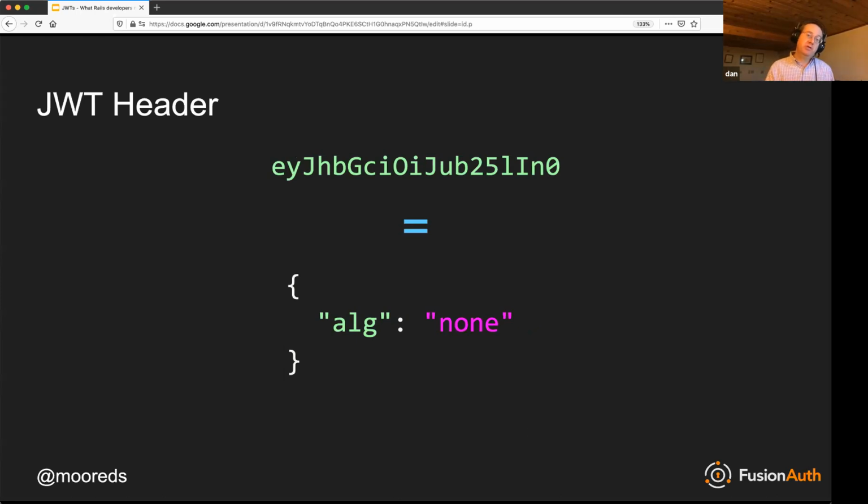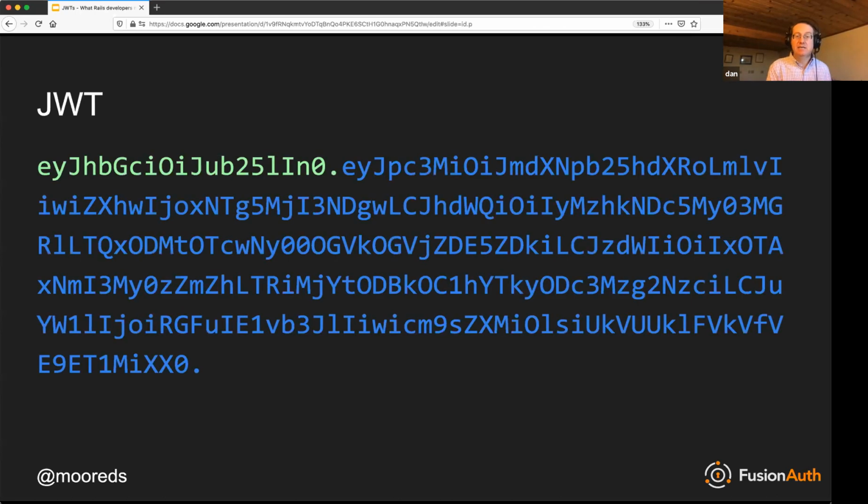But the issue with doing this is that this JWT can be generated by anybody. And so if you, as a consumer of a JWT, accept that, that means that as soon as somebody figures out that your API accepts JWTs that aren't signed, they can send any payload they want at all to your API, and your API doesn't know who created it or whether the contents have been changed in flight or anything.